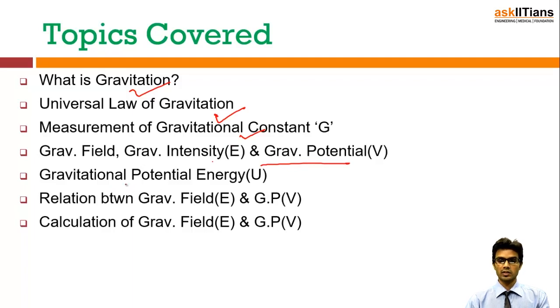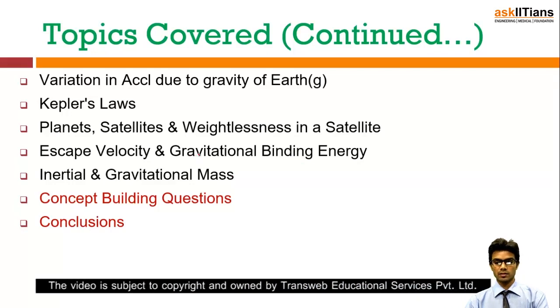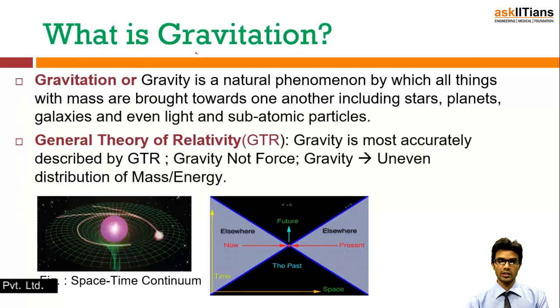The next one is gravitational potential energy, the relationship between gravitational field and gravitational potential. Next is calculation of gravitational field and gravitational potential. Here we will calculate the gravitational field E and gravitational potential V at various points for various shapes. The next one is variation in acceleration due to gravity,